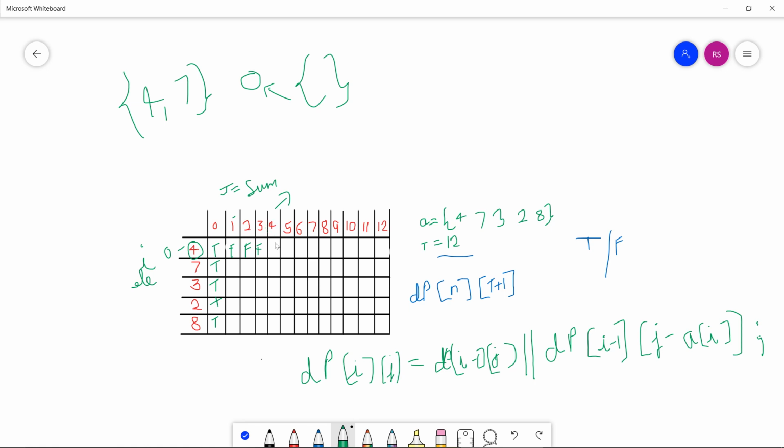So here we store true. And now if we have only one element 4, and ask whether 5 is possible or not, the answer will be false.